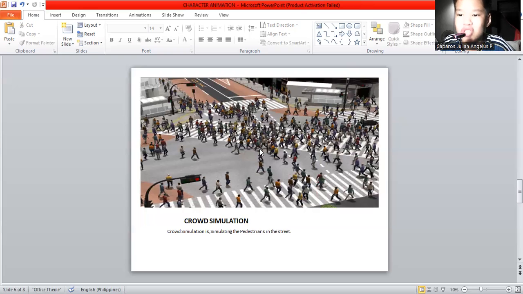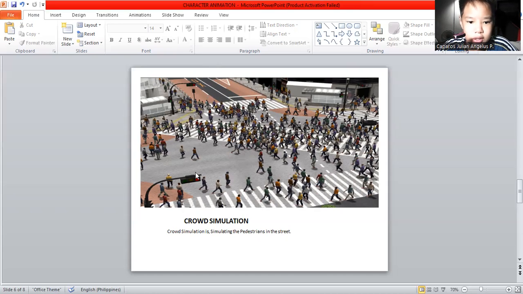Crowd simulation is simulating the pedestrians in the street. As you can see, it's red light. Red light, green light, Squid Game. Also, every single IRL example, like Squid Game, is also a part of animation. But one good example for animation is Tom and Jerry, because there's a lot of processing and editing of the movements, because there's chasing and all that stuff, and it's just a television show, it's not even a movie, so it's not all in one, it's one in all.